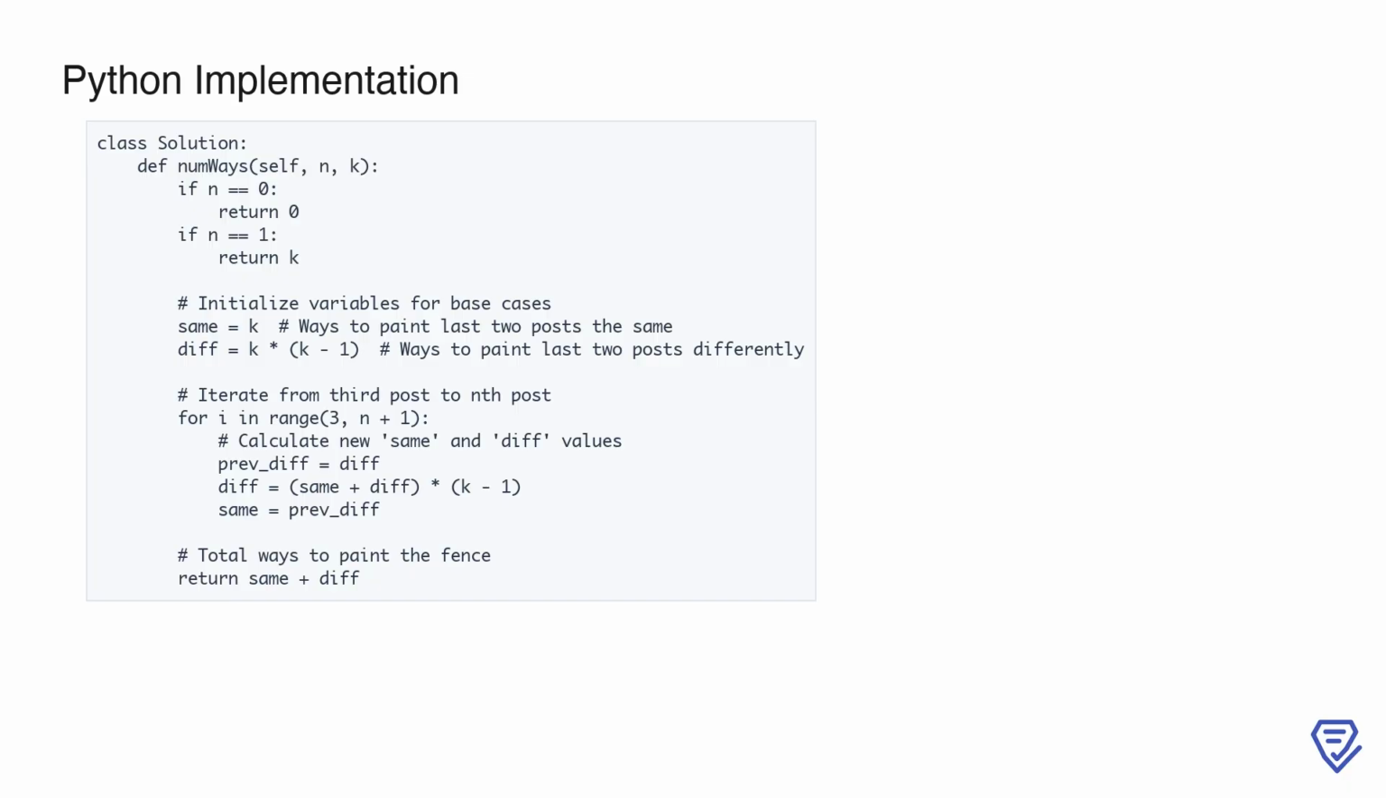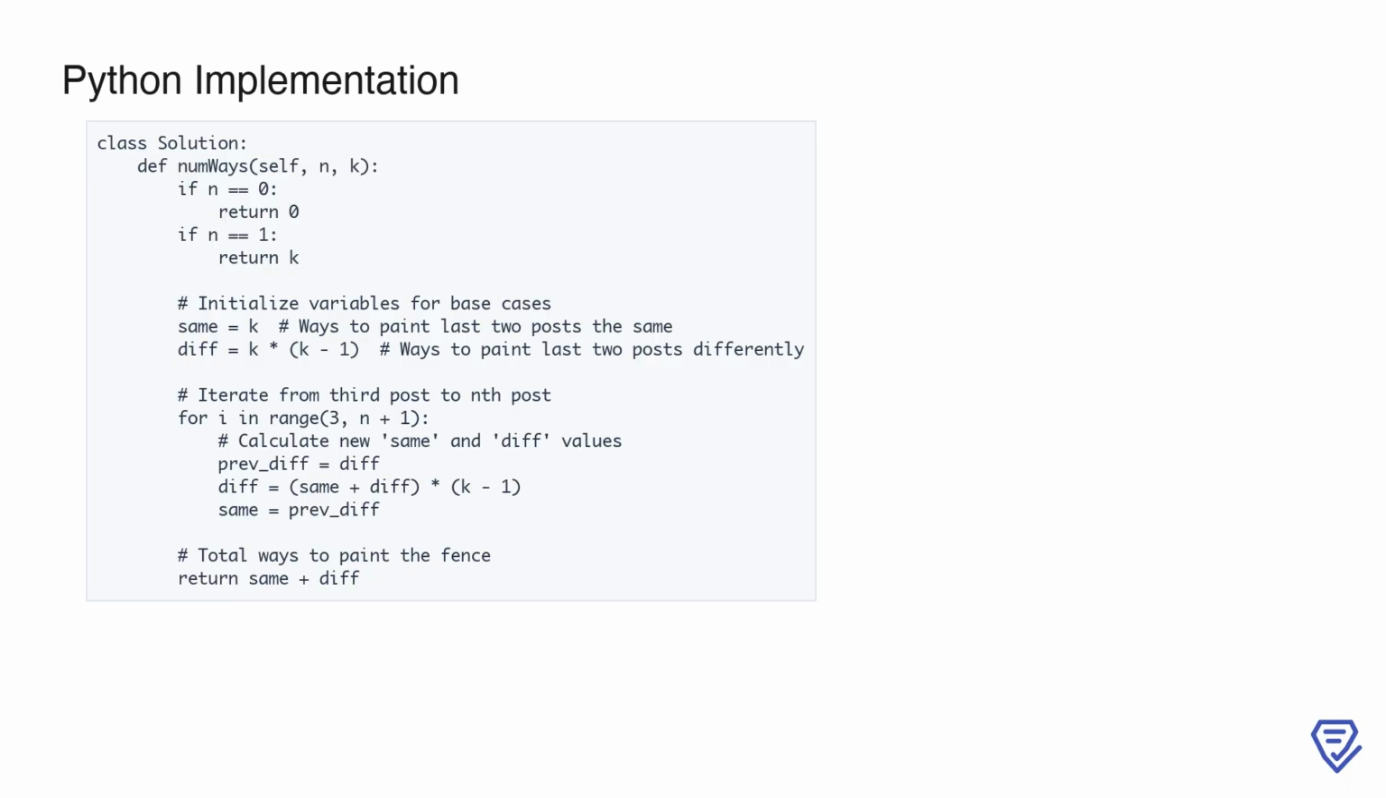The new same is simply the previous diff, as for the last two posts to be the same, the previous pair must have been different. Finally, the total number of ways to paint all n posts is the sum of same and diff, reflecting all valid configurations. This approach is efficient, with O(n) time complexity and O(1) space complexity, as only two variables are updated